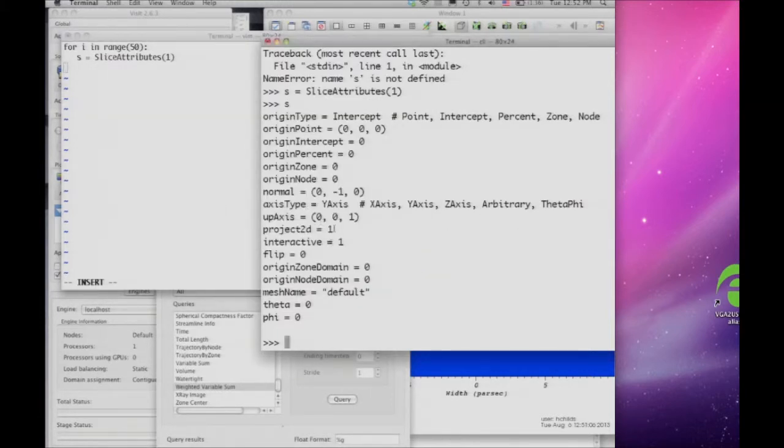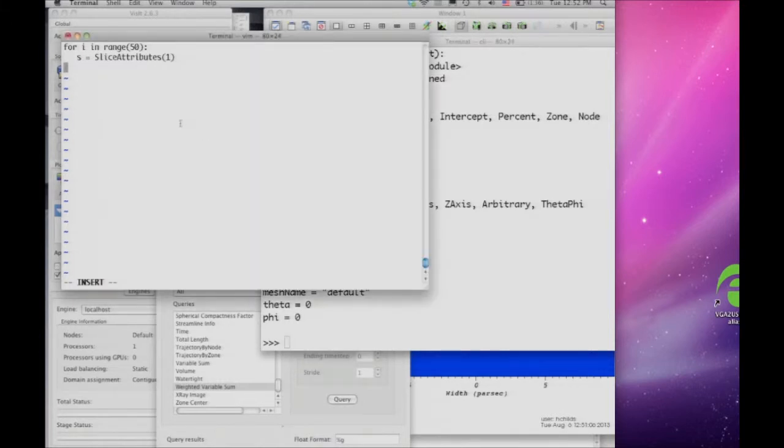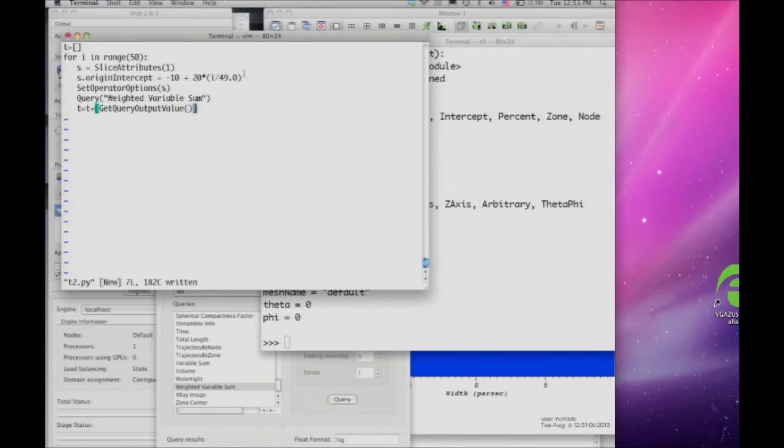So if we did a weighted variable sum, it would tell us that the total Chrome volume fraction on that cross section is 32.74. And so if we were to go back to our Python interpreter, I'm not quite brave enough to just type this one in because I'm sure I'm going to make a small problem here or there. Let me just try typing in a file called t.py, or since it looks like I've done something like this before, t2.py. And I'm going to say for i in range 50, s equals slice attributes,